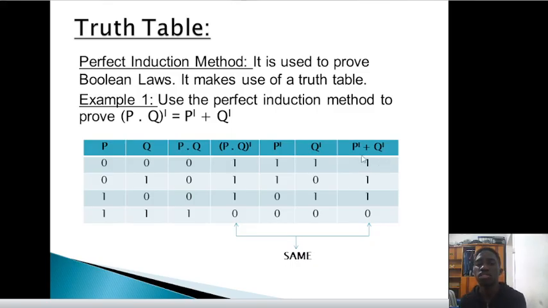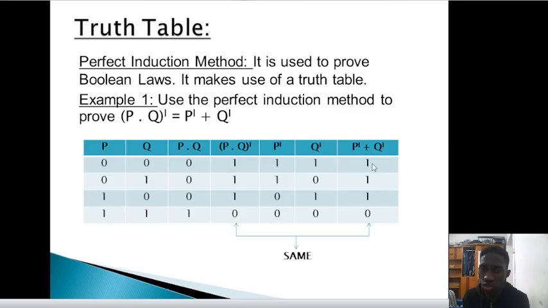So how do I do this? I use the knowledge of the OR operation, the OR logical operator from our previous lesson, from lesson 4. I know that OR is only going to give me an output of 1 if any of my input values is 1. So if any of them is 1, then the output will be 1. So here P complement is 1. I know that the output is going to be 1 already without necessarily checking Q complement, because it's if any. So long as P complement is 1,